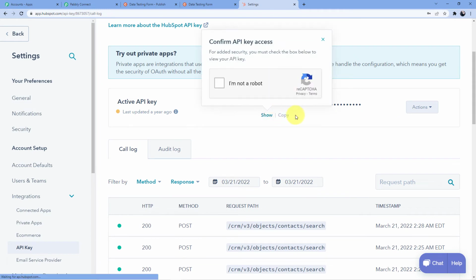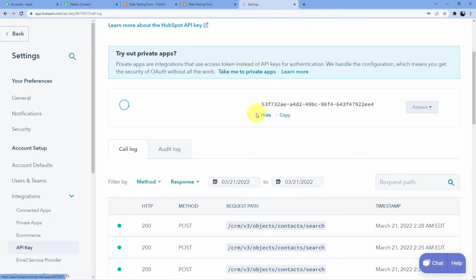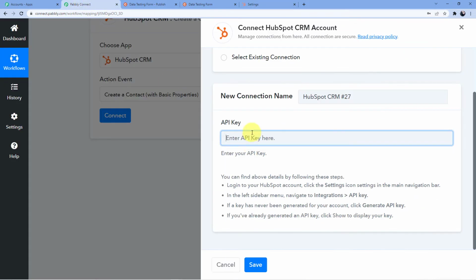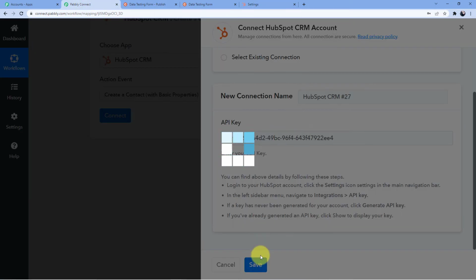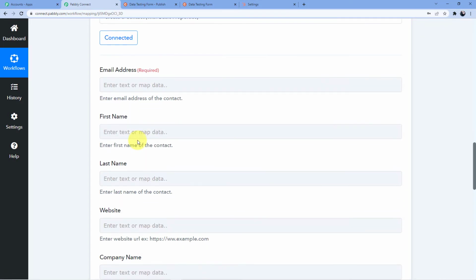So you can just click on show. I am not a robot, and this is your API key. Just copy this API key, and after copying this API key, just go back to your Pabbly Connect account and paste the API key here. Now click on save. And after you save, you will get these fields here: email address, first name, last name,